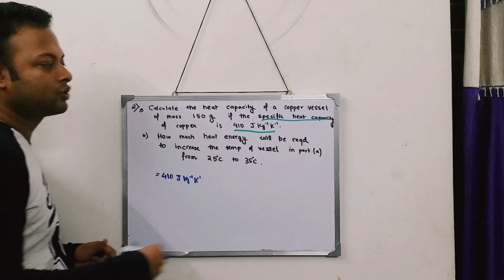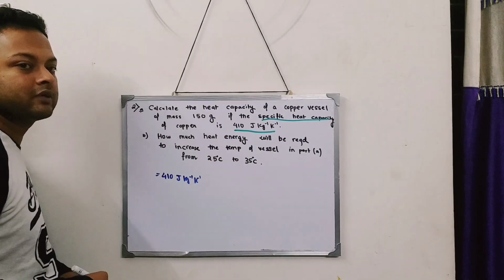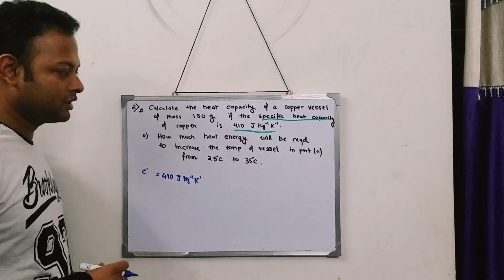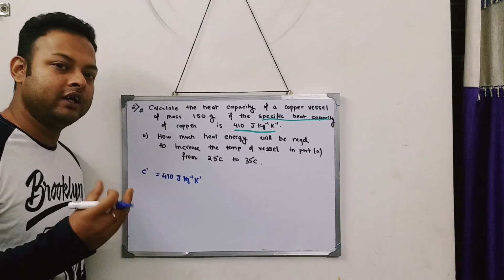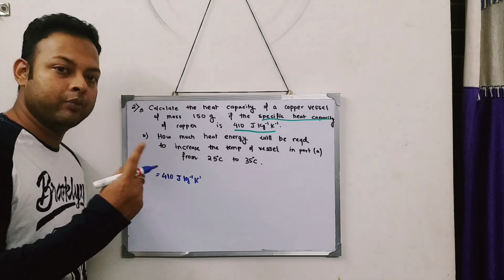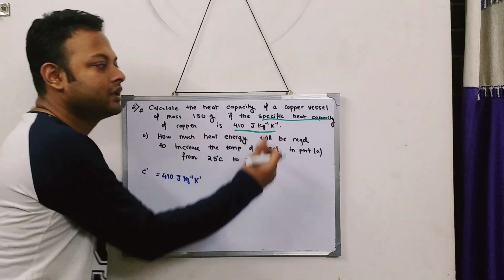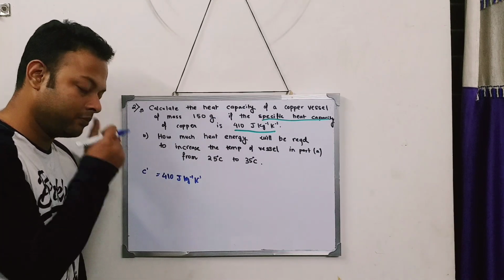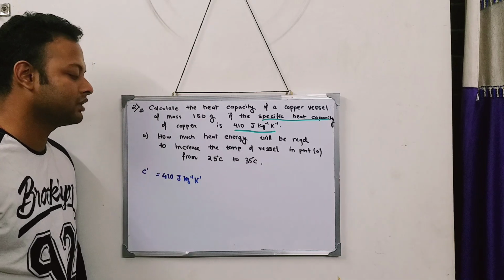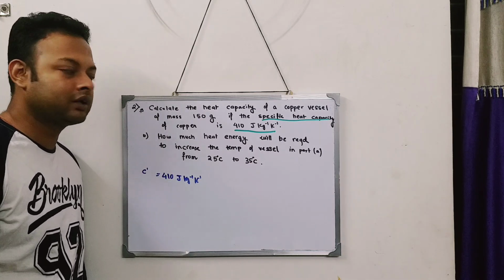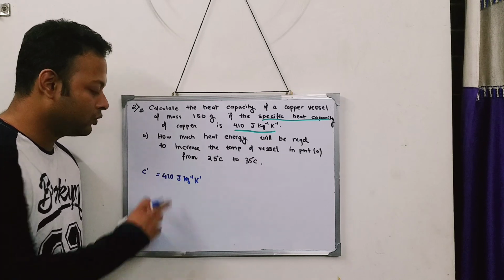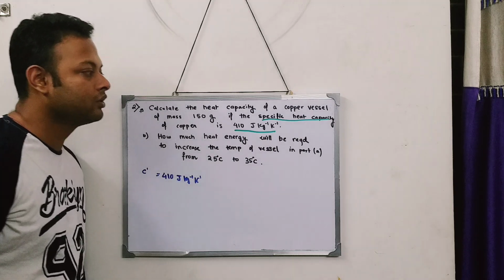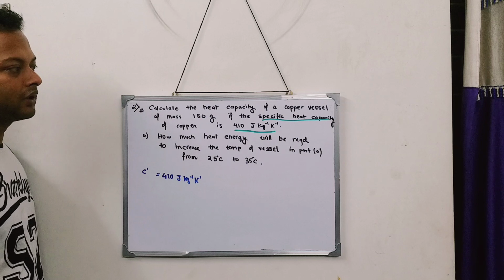So that is the specific heat capacity. 410 joule per kg per Kelvin is the specific heat capacity of copper. Let's put it like c dash over here, because we have heat capacity which is denoted by capital C and specific heat capacity which is denoted by small c dash. So this I represent by small c dash. Now what is specific heat capacity? Every material has its own specific heat capacity, and by looking at this number we come to know whether the material can absorb heat very fast or very slow. So for copper it is 410 joule per kg per Kelvin.